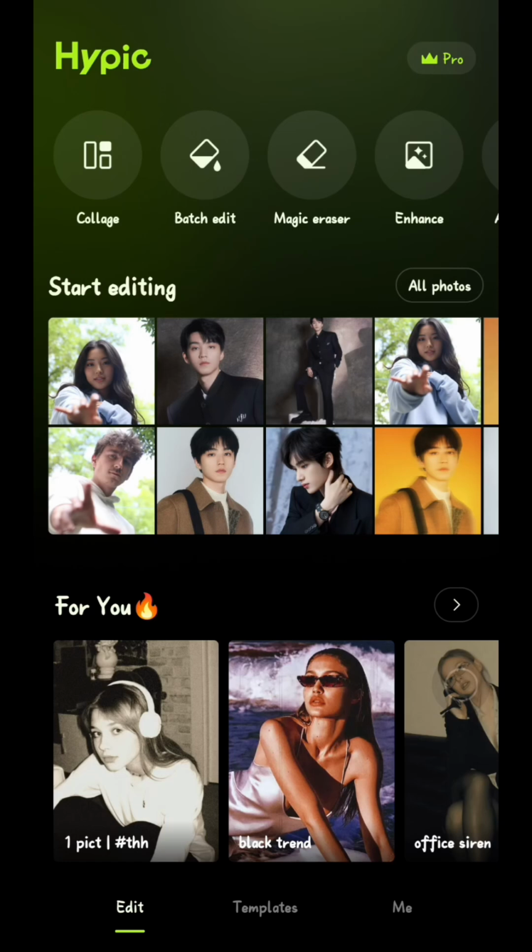Okay, let's get started. First, just open the Hypic app. If you don't have it yet, you can download it for free from the Play Store. And then just create a new project in the start editing section. Just choose the photo that you want to edit